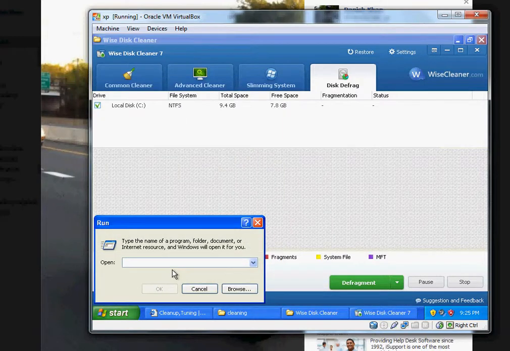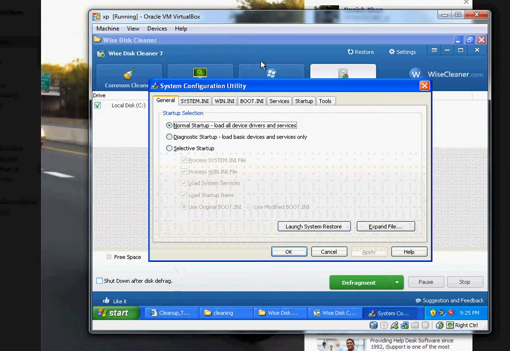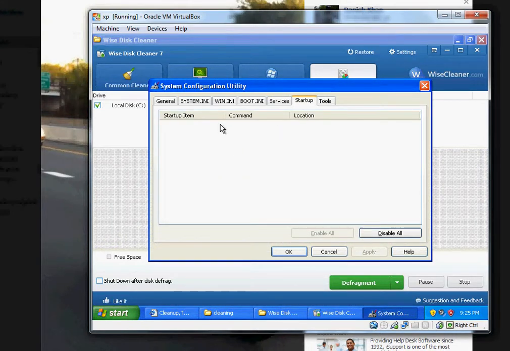Another thing you might want to check for users, you go to msconfig, click enter, and then go to startup right here, and you'll see a lot of startups. For example, if you get a new HP machine or Dell or whatever, they put all these softwares that you will never use, like some video softwares and all that stuff. You might want to uncheck those. You can leave the system ones, but the things that are very obvious that you never use, like camera softwares and all that stuff, you can uncheck those and click OK, because